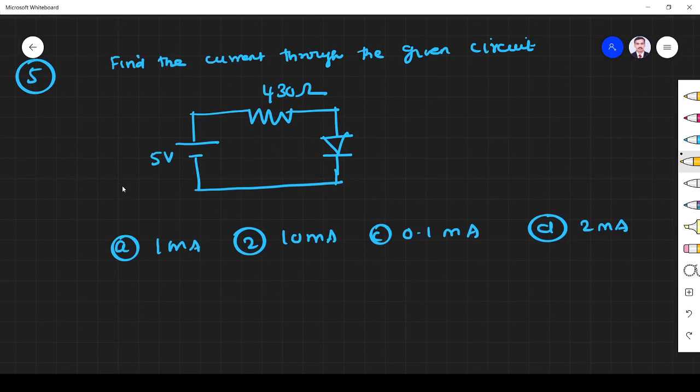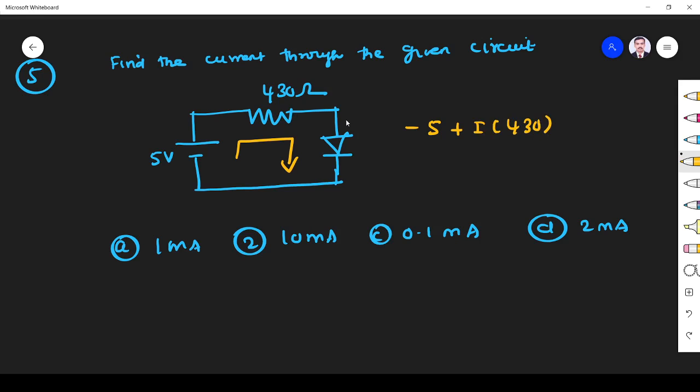Next one, find the current through the given circuit. Very simple, so I apply KVL. So minus 5 plus, assume current I into 430. This is a diode, we don't know, so we have to put 0.7, right? The voltage drop is 0.7, so this indicates I is equal to 5 minus 0.7 divided by 430, that is nothing but 4.3 divided by